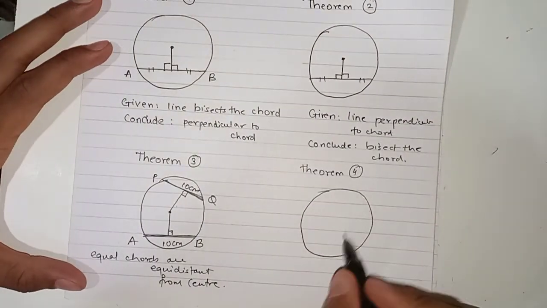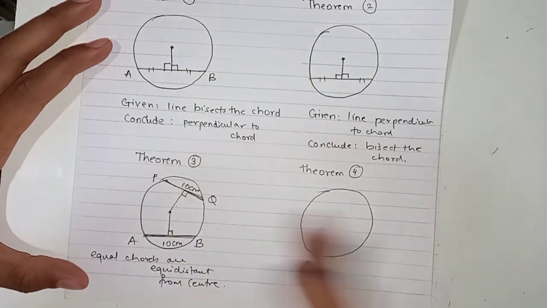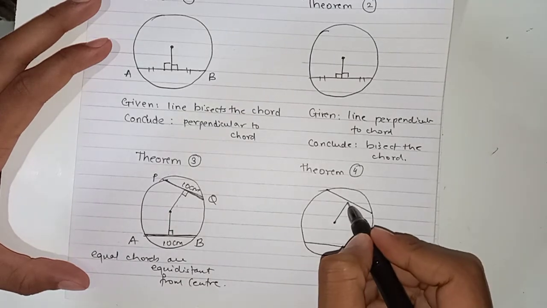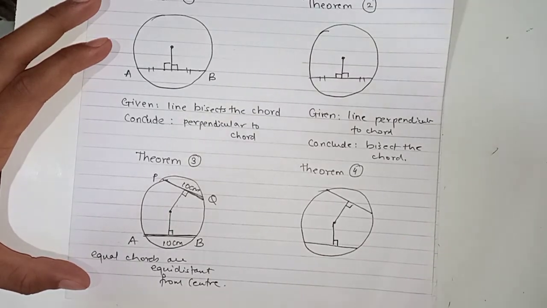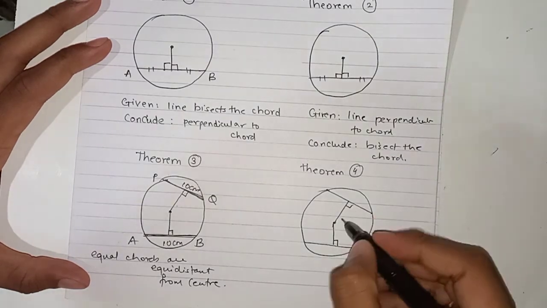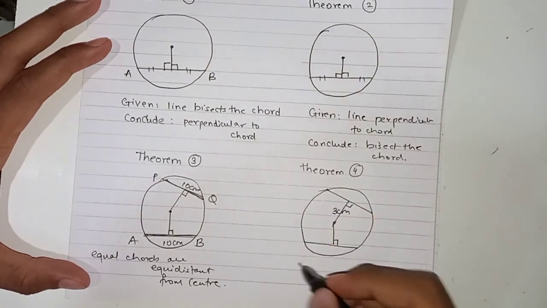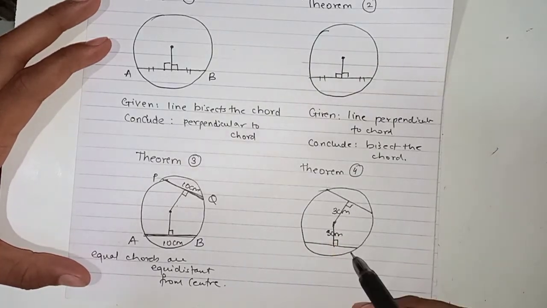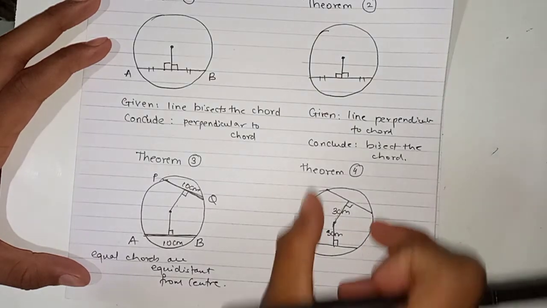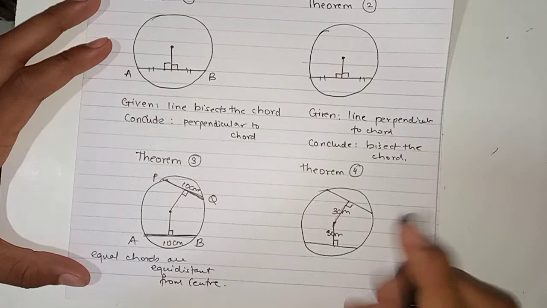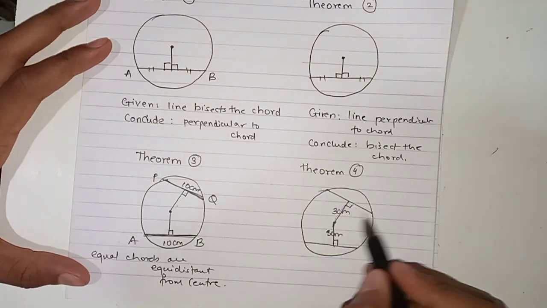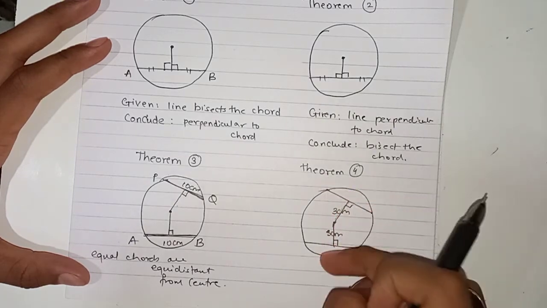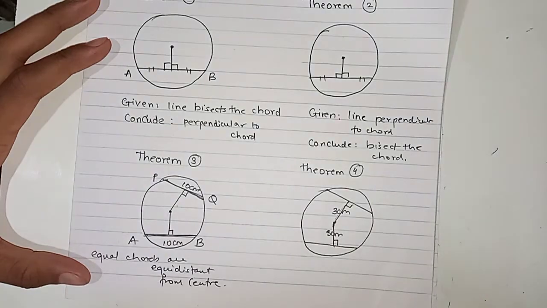The second theorem, this says same only, same with a small change. If there are two chords, this is the distance of first chord, this is the distance of second chord. This time they are telling me that this distance is, let's say, 3 centimeter and this distance is also 3 centimeter. So that means the distance of these two chords are equal. chords के बारे में कुछ नहीं बताया है कि equal है या नहीं है, बट उन्होंने बताया है कि जो इस chord का distance है और जो इस chord का distance है वो distance same है. If the distance of the chord from the center is same, then the chords will also be equal.